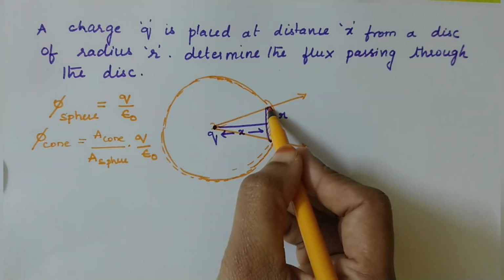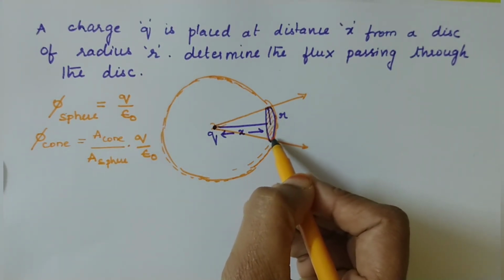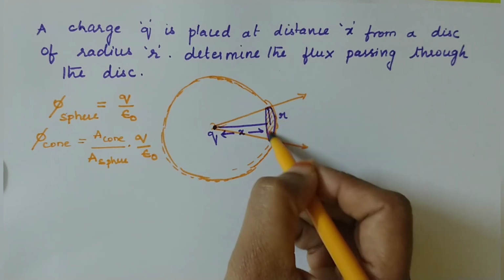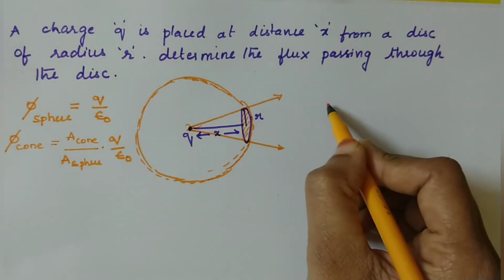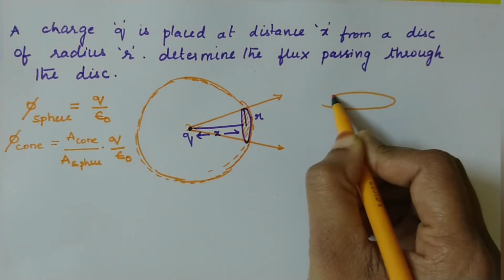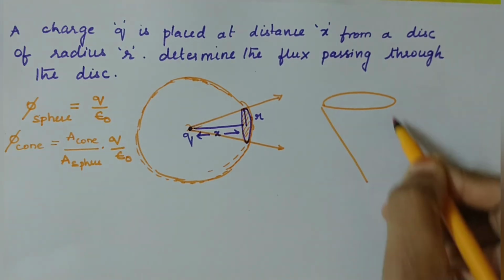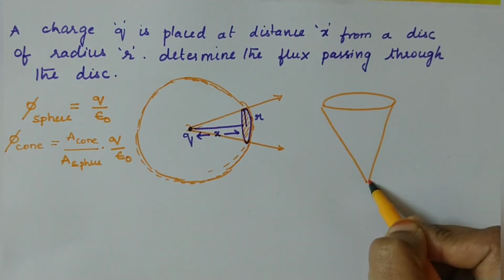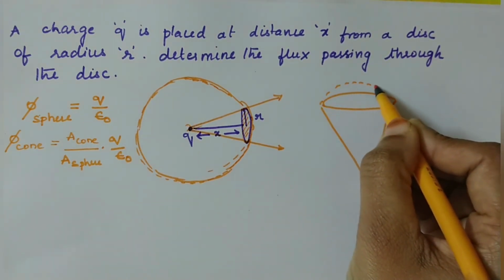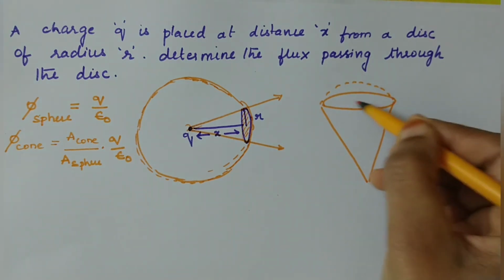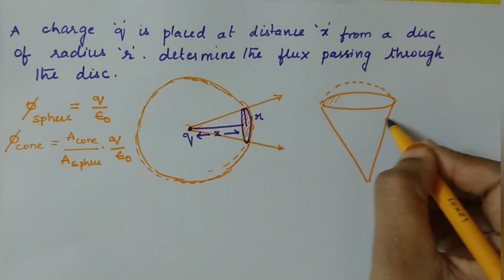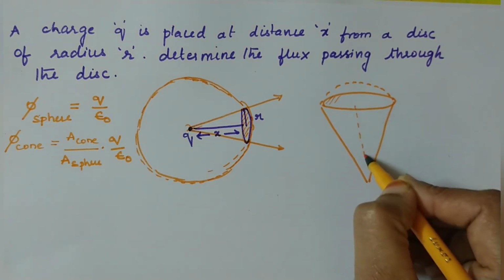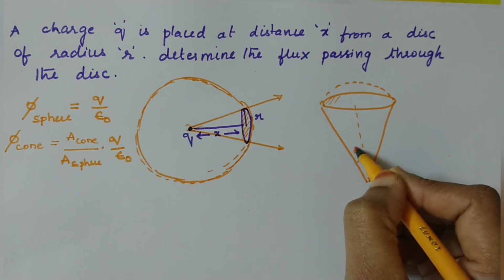So now we need to find out the surface area of this particular cone, that means the circular portion of the cone. To get the area, okay, we will use integration. So I will enlarge the diagram. Assume that this is a cone which is a part of a circle, and we need to find out the area of this shaded portion. To get the area, I'll take this angle as theta.